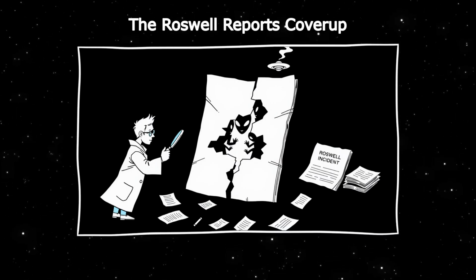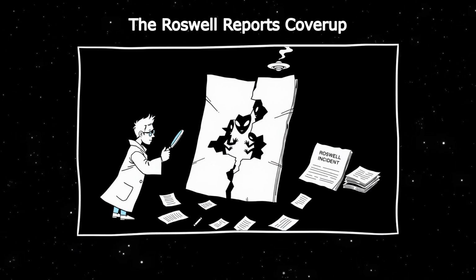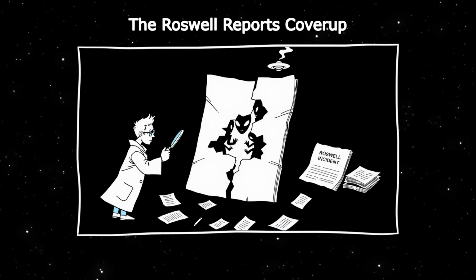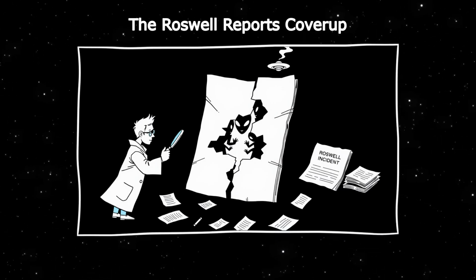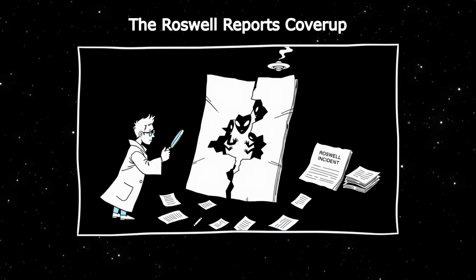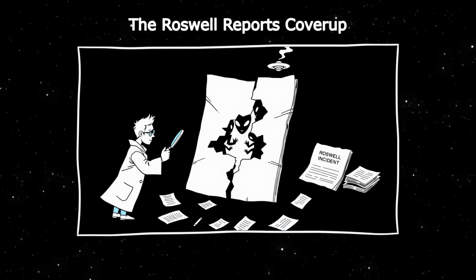by government officials. One persistent theory proposed that a series of classified government experiments were underway during that time, known as Project Mogul. This project involved high-altitude balloons designed to monitor Soviet nuclear tests. Could it be that the weather balloon story was simply a cover-up because the truth behind the government's technology was